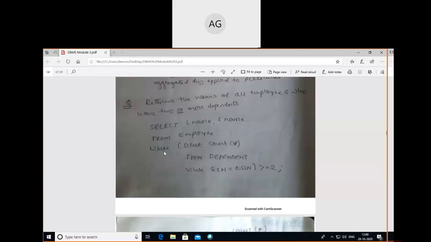So suppose I'm working in company ABC. I have two or three dependents in that company, meaning I have three relationships in that company. One, my brother is working in the same company, one, my sister is working in the same company, and one, my cousin is working in the same company. So in that case, if I use greater than or equal to 2, automatically